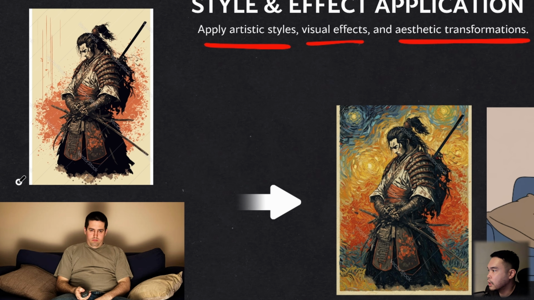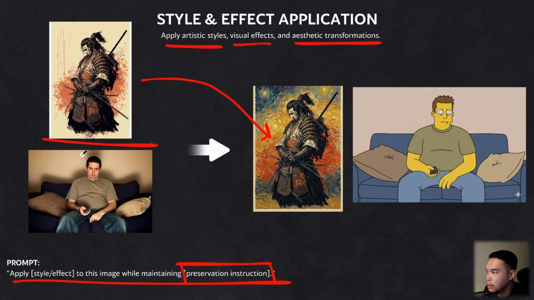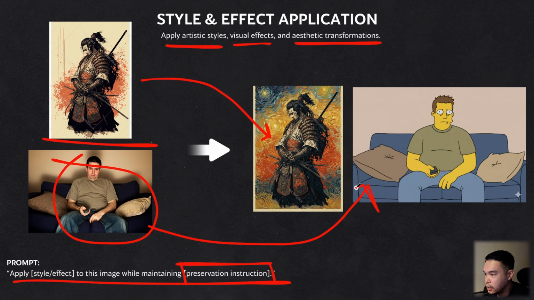Like in this example, I took this image of a samurai and I told Nano Banana to turn this into a Van Gogh style, which it gave this. Or I took this image of a man watching TV and then I said, apply the Simpson style to this image and it gave me this. Again, this is super cool because you can basically take any image that you have and apply any artistic style that you want. So style and effect applications are perfect for creative projects, but now let's move into more practical